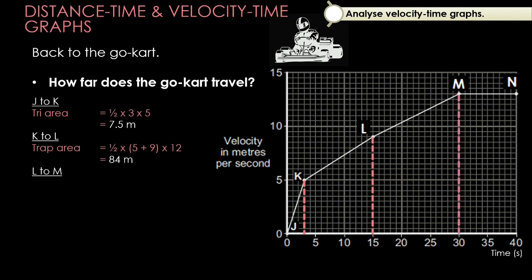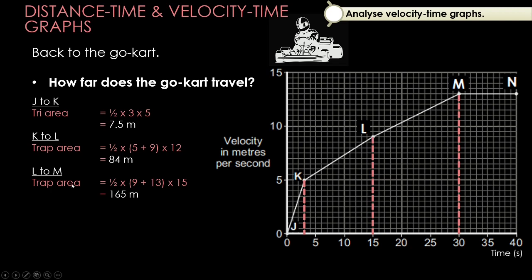In between L and M, we're going to have another trapezium here. I've just drawn in another line here. I have a short side and a long side, and I have my base. So again, it's going to be half times the short side plus the long side multiplied by the base or the height, whatever the last line is. So half times 9, this is 9 plus 13, multiplied by 15, gives us an answer of